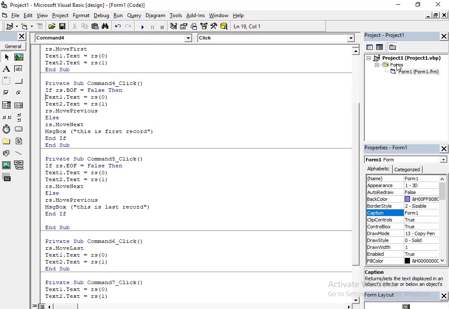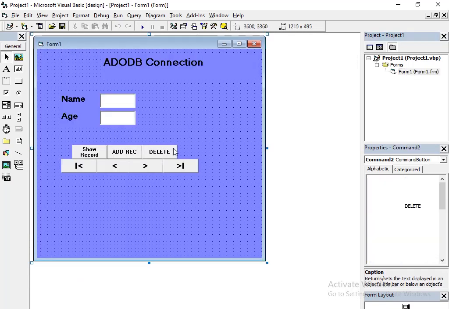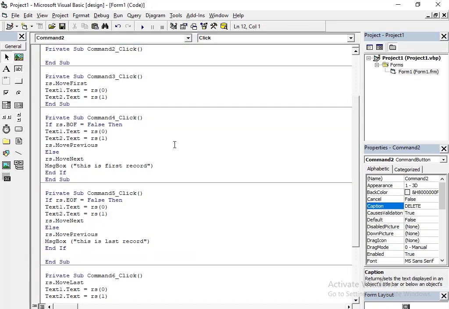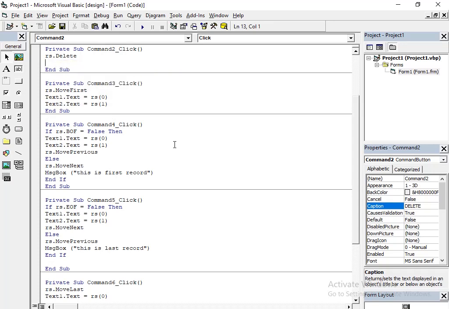Okay, now we'll move on to the code for delete. Okay, rs dot delete. Okay, msg box deleted.